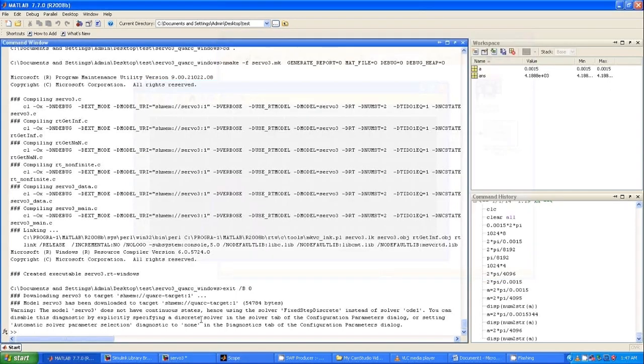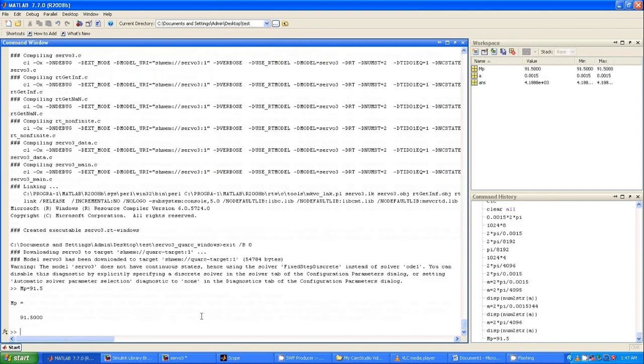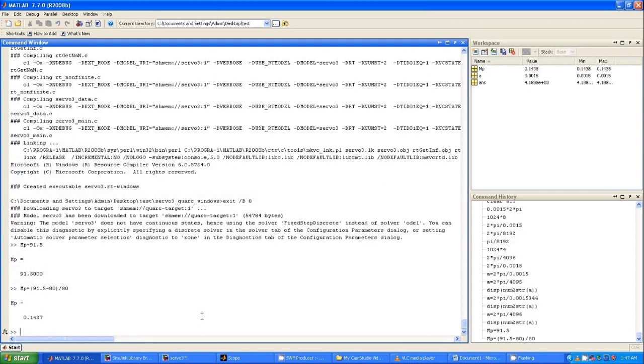So now let us calculate the maximum peak overshoot, which is going to be maximum value minus final value divided by your final value. Okay, I think I mistyped it. Maximum peak overshoot is maximum value, which is 91.5 minus 80, divided by 80. Okay, this is the maximum peak overshoot.